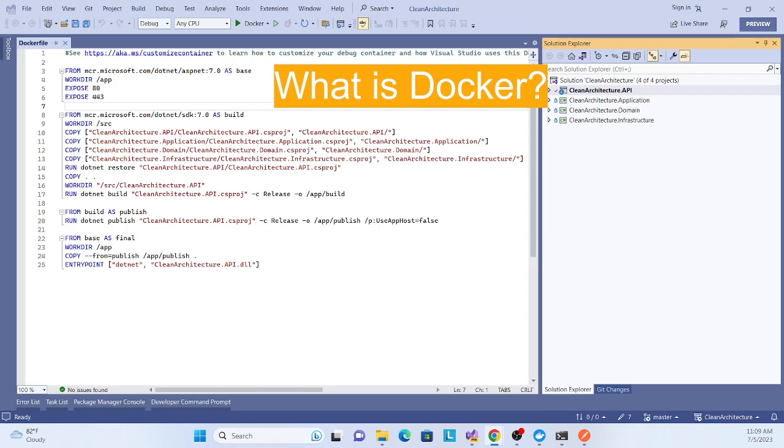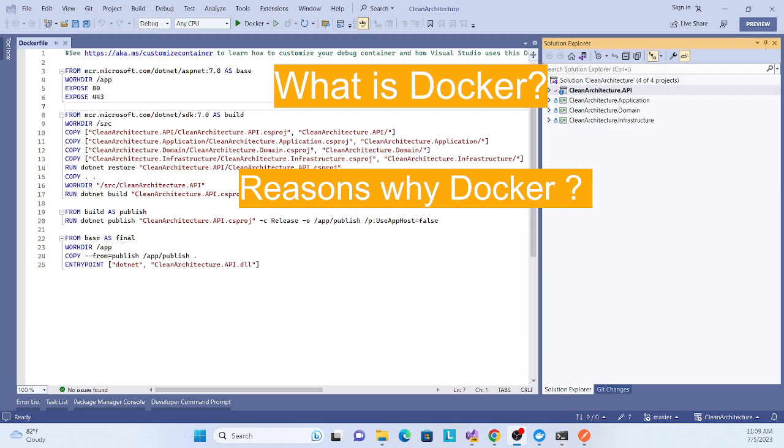Now the second thing we have to understand is why we need Docker. What is the reason we use Docker, and why is it needed? There are several reasons to use Docker. The first reason is portability. Docker containers encapsulate the application and its dependencies, making them portable across different systems and platforms. The second reason is consistency.